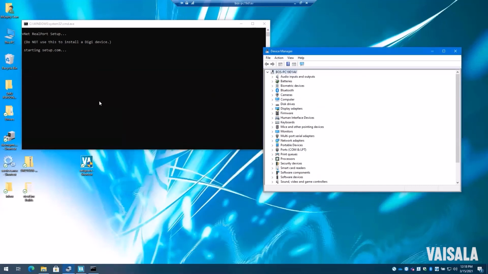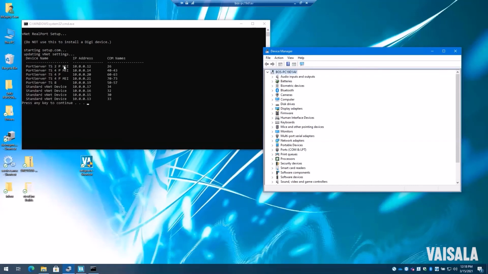Click finish. And you'll see the command window go through and give you a summary of what's been installed and what already exists inside your system. The important thing here is to look through the list and make sure you haven't repeated any COM ports or IP addresses in here. It won't let you repeat the COM port number very easily because it filters out the COM ports that are not available, but it will allow you to duplicate an IP address. So just be very aware that if you already have a driver installed for a device, don't make the mistake of installing the same driver twice.